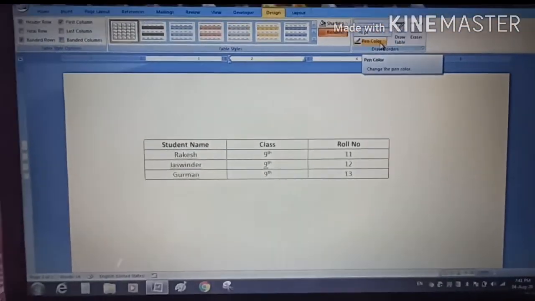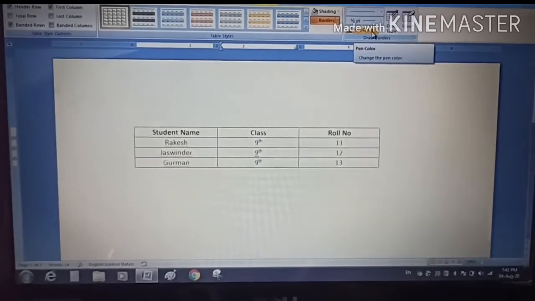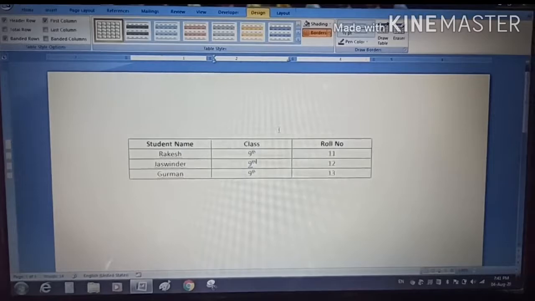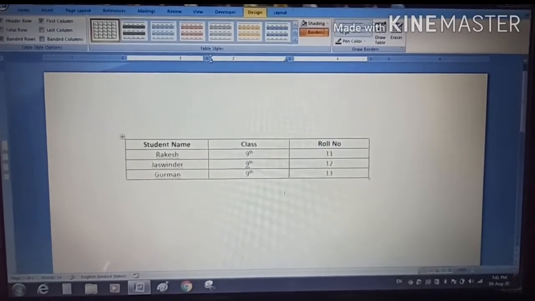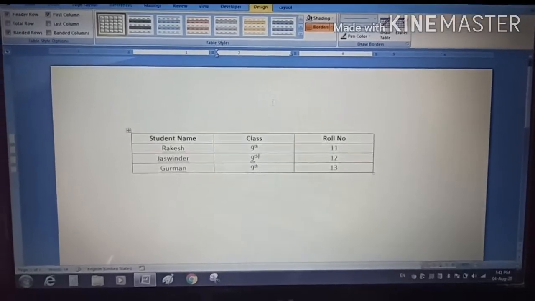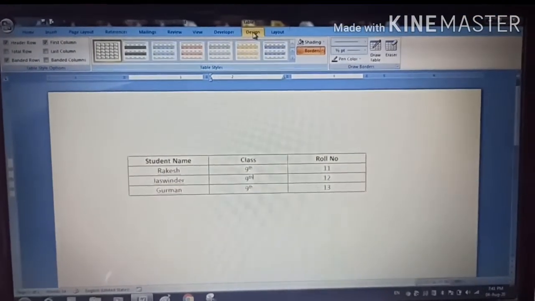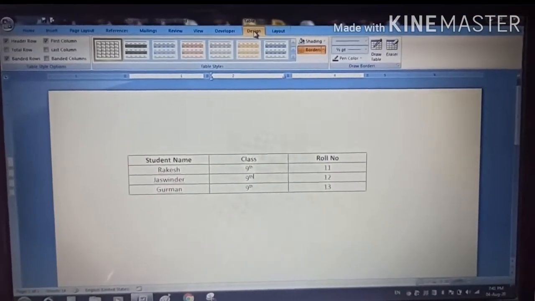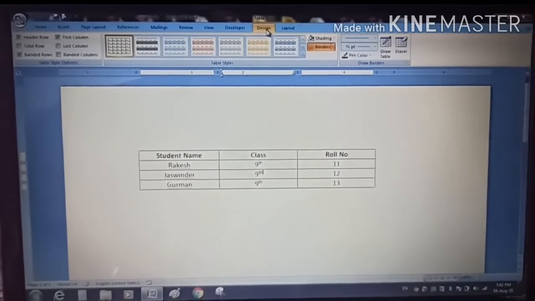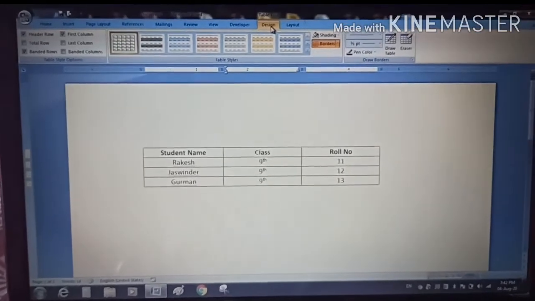Here I have a table which shows the details of 3 students: student name, class and roll number. So when I put my cursor inside the table, here I have the design tab. The design tab and the layout tab both contain the options which are related to the formatting of the table.